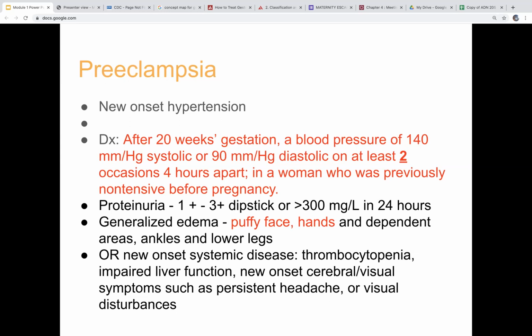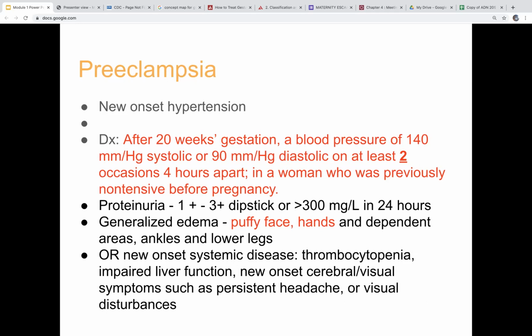Proteinuria is not diagnostic anymore in and amongst itself, but they're still looking for anything greater than 300 milligrams per liter in 24 hours. Generalized edema. So pregnant women generally have some pedal edema, ankle edema, especially as the pregnancy goes on. That is okay. What we are concerned about in preeclampsia is generalized puffy face, puffy hands, and the dependent areas, ankles, lower legs, or a new onset